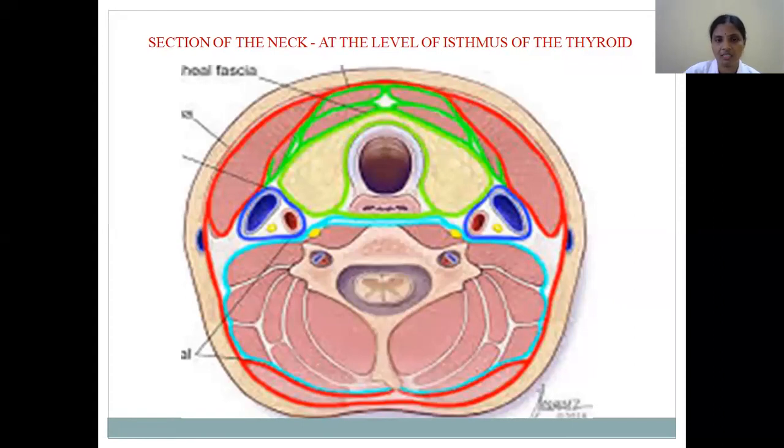Before going to that, you have to know what structures we actually see before going to the dissection. First, you see the skin, and immediately beneath that we can see the fascia. So what is that fascia? Superficial fascia. As you know, beneath the skin there must be a fascia which carries all the blood vessels and nerves supplying the skin. So the superficial fascia should be a loose areolar tissue.